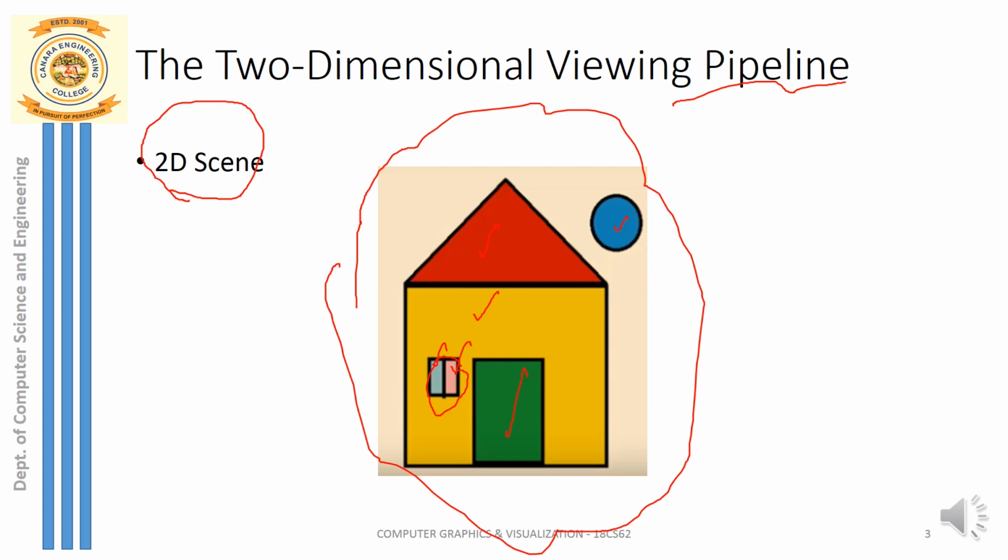In this particular figure, let's take up only two primitives: one triangle, the upper portion, and then a circle. Out of this complete scene, I want to display only a few primitives. What are those that I want to finally display on my computer screen? One triangle, this red triangle, and a blue circle. Only these two objects I want to display on my final display window. We will see how to obtain the image of that.